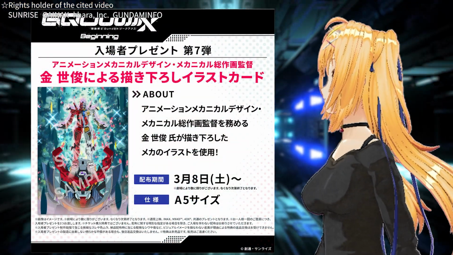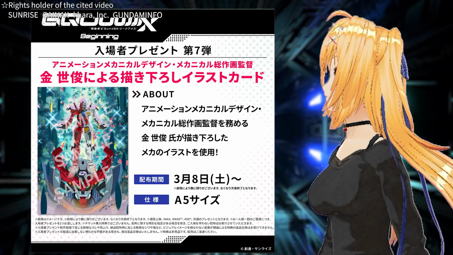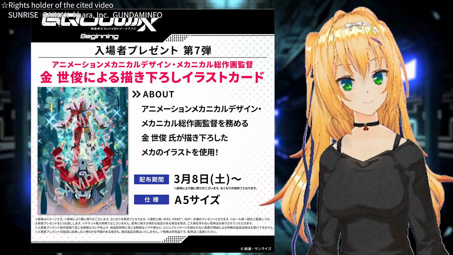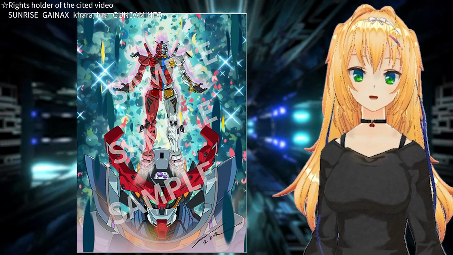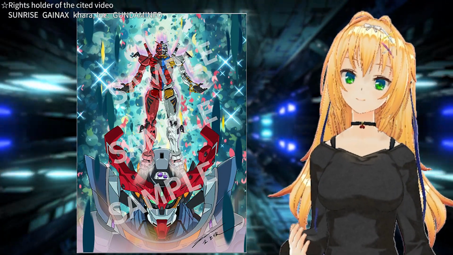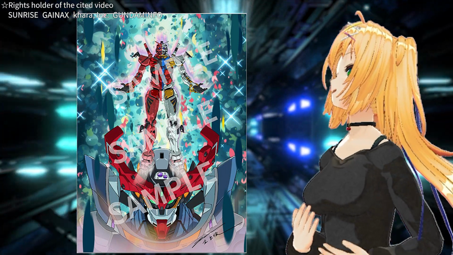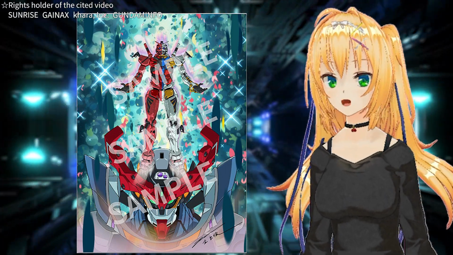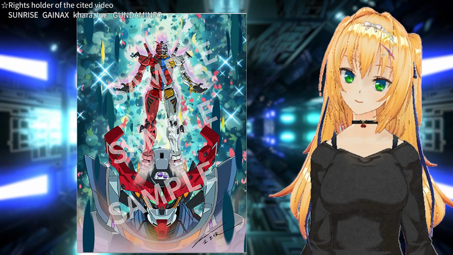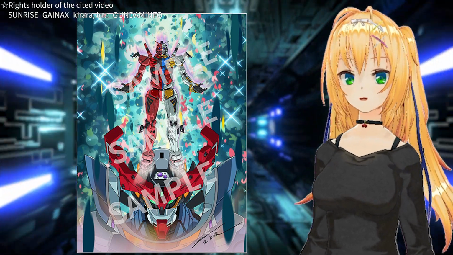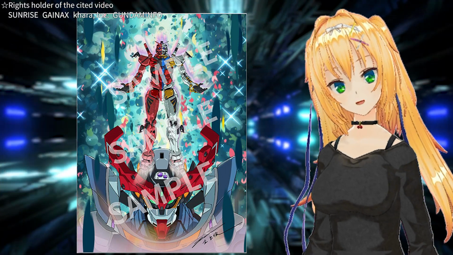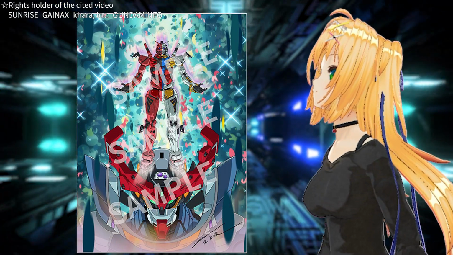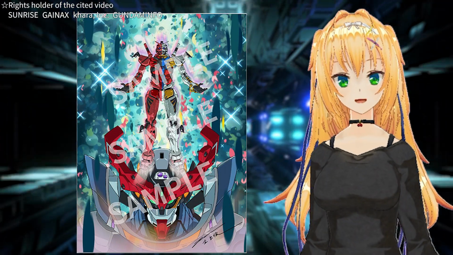Finally, let's take a look at the illustrated card that has been announced as a special entrance gift. It will be distributed in Japan from March 8th. On this card, the Gundam is split down the middle and its colors are divided. One side keeps its original white color, while the other side is painted red after being stolen by Char. It's safe to say that even this card reflects Tsurumaki's thematic vision. For GQuuuuuuX, the key elements are reversal and real versus fake. Paying attention to these themes can make the experience even more fascinating.